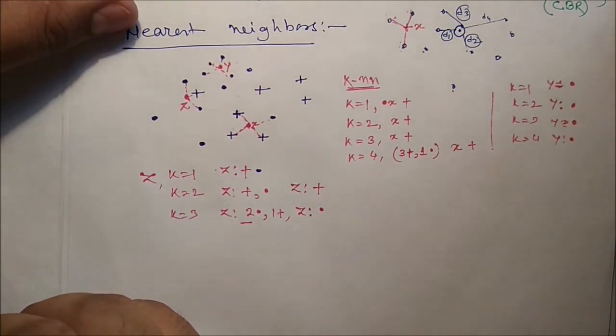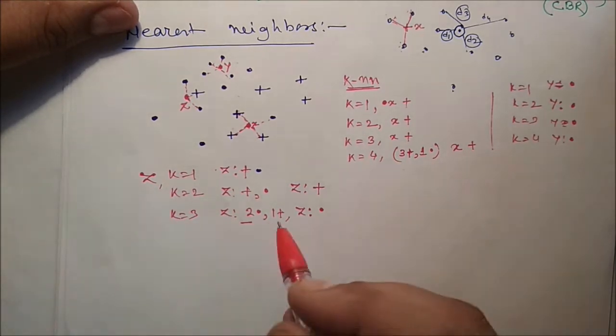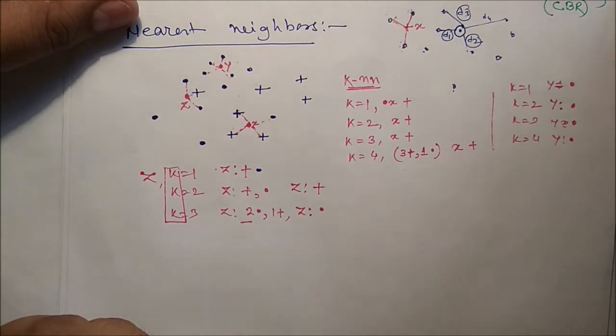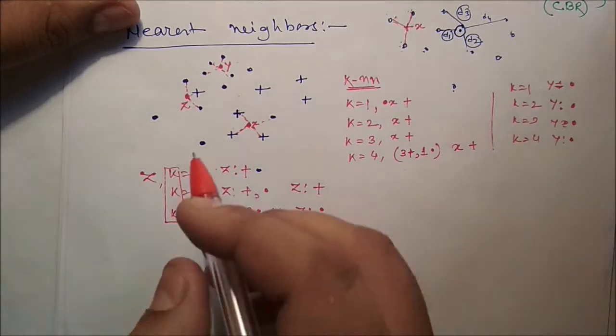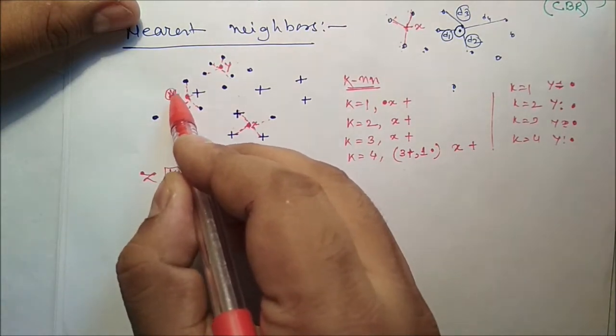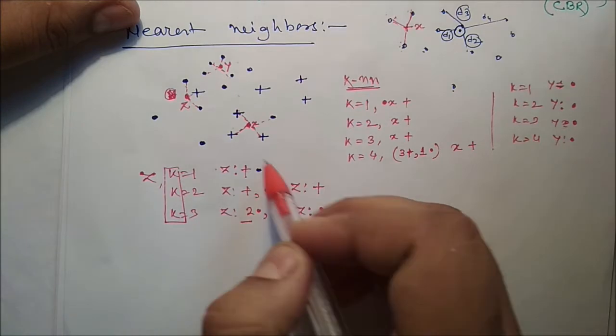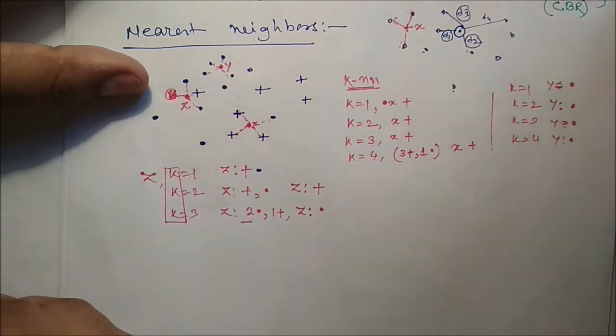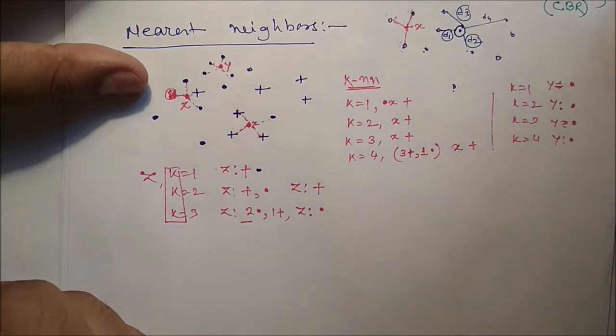Okay, so the right choice of k is very important. The value of k is very important. If k is too small, an overfitting problem may occur because of noise. Say this is noise data, it is not part of any class. If k is equal to 1, due to this it may be possible that the z value will be like this. And if k is too large, then KNN may misclassify the test data that are located far away from its neighborhood.